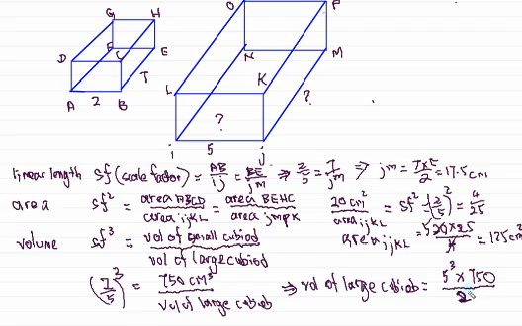That means this 2 to the power 3. So from here, 125 times 750 divided by 8. So, if you use the calculator,